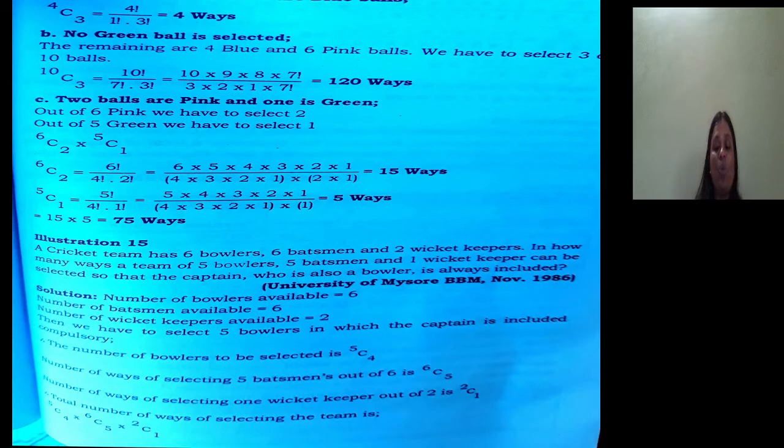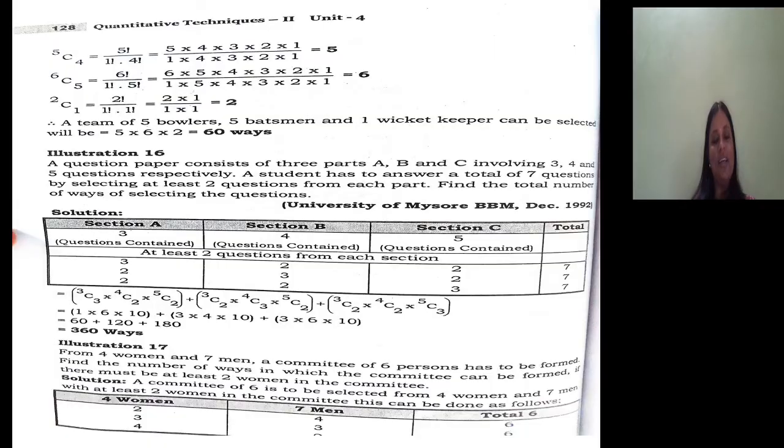You need to select 1, 2C1. So 5C4 into 6C5 into 2C1 ways of selecting 5 bowlers, 5 batsmen and 1 wicket keeper. Try to understand. 5C4 means 5, 6C5 means 6, 2C1 means 2. 5 into 6 into 2 is 60